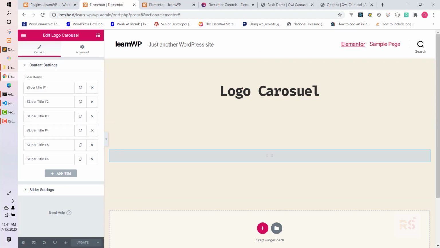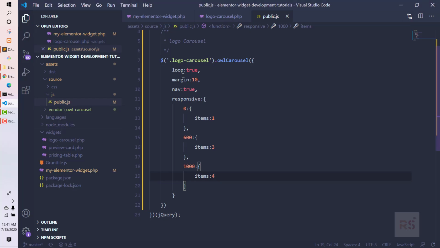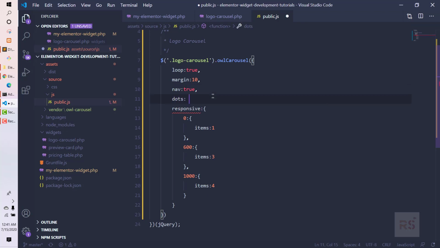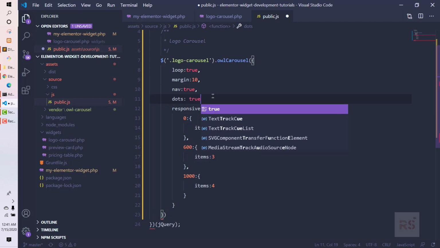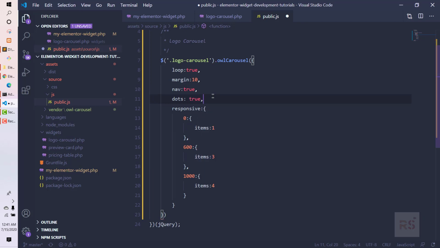Alright, so the next thing I'll do is to add some quick settings, like loop, margin, navigation, let's say dots. We can also set dots to true, right? And I always like to have a space between those things. So let's add those settings